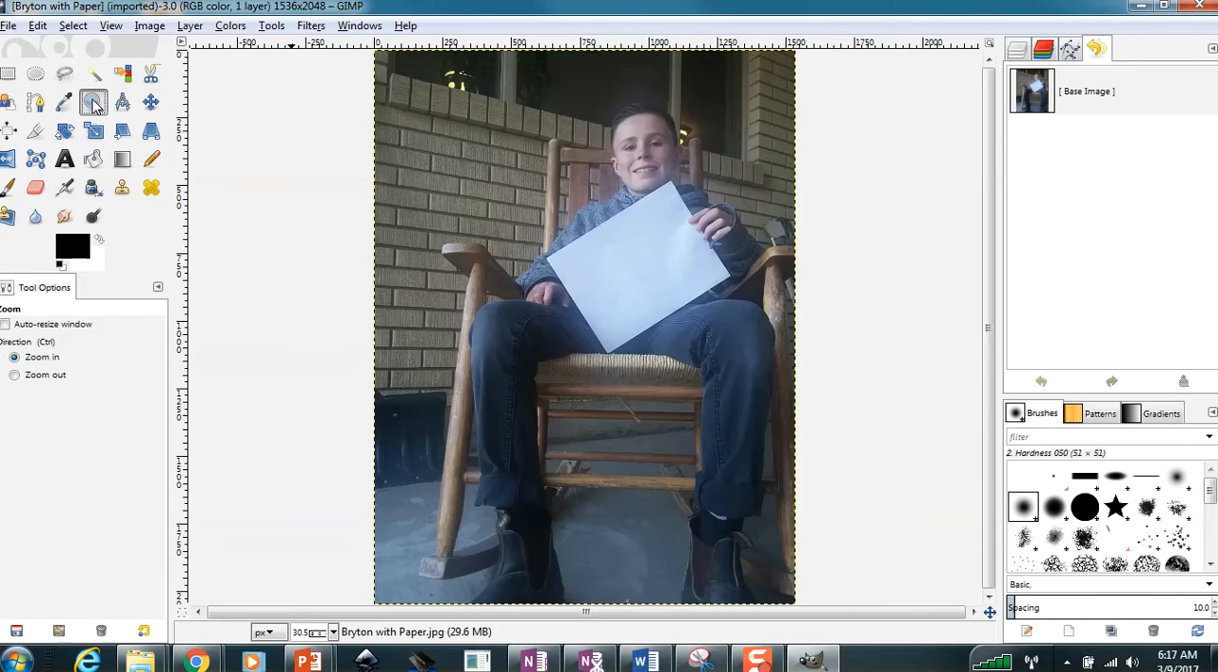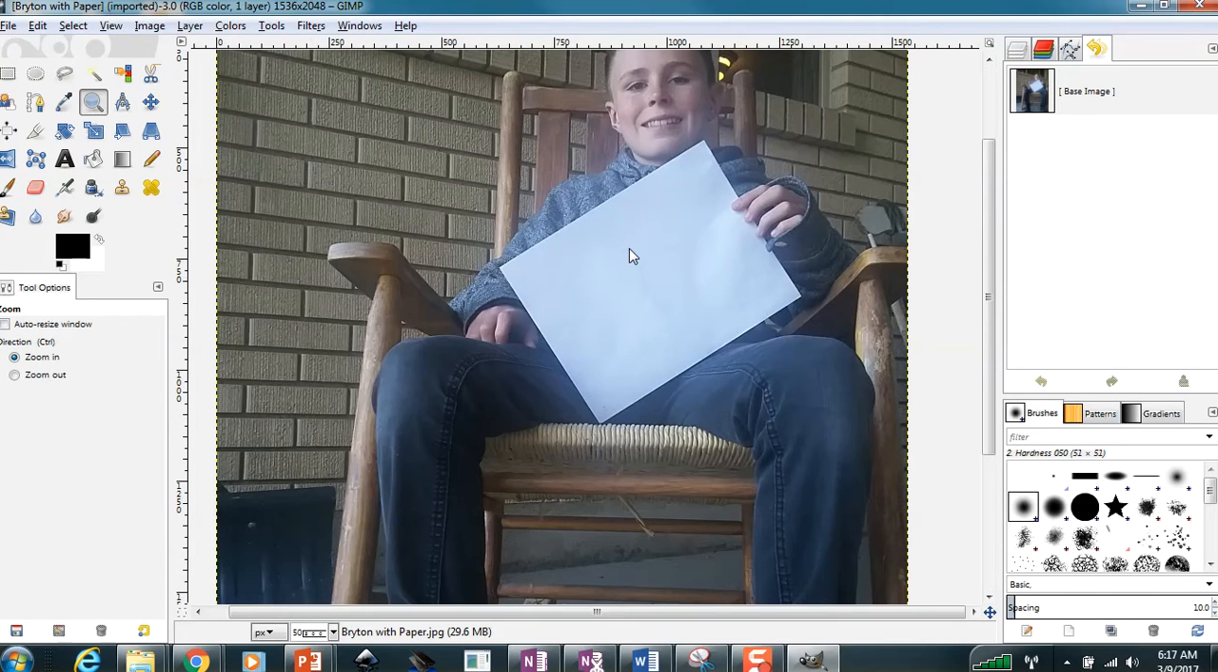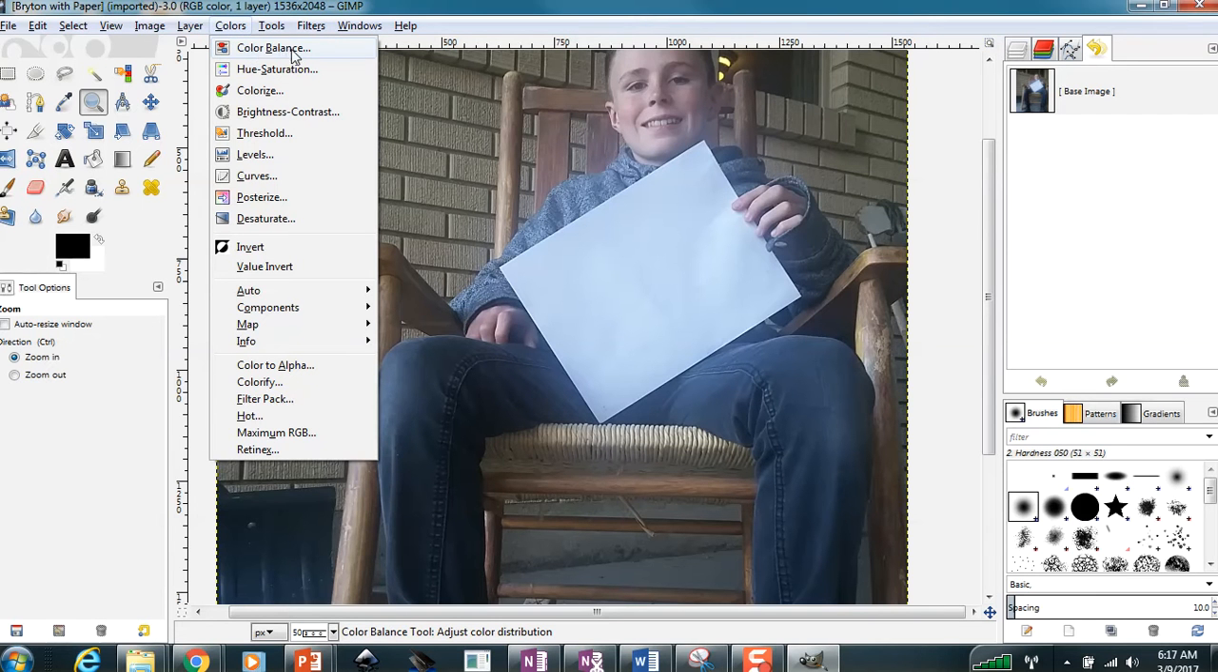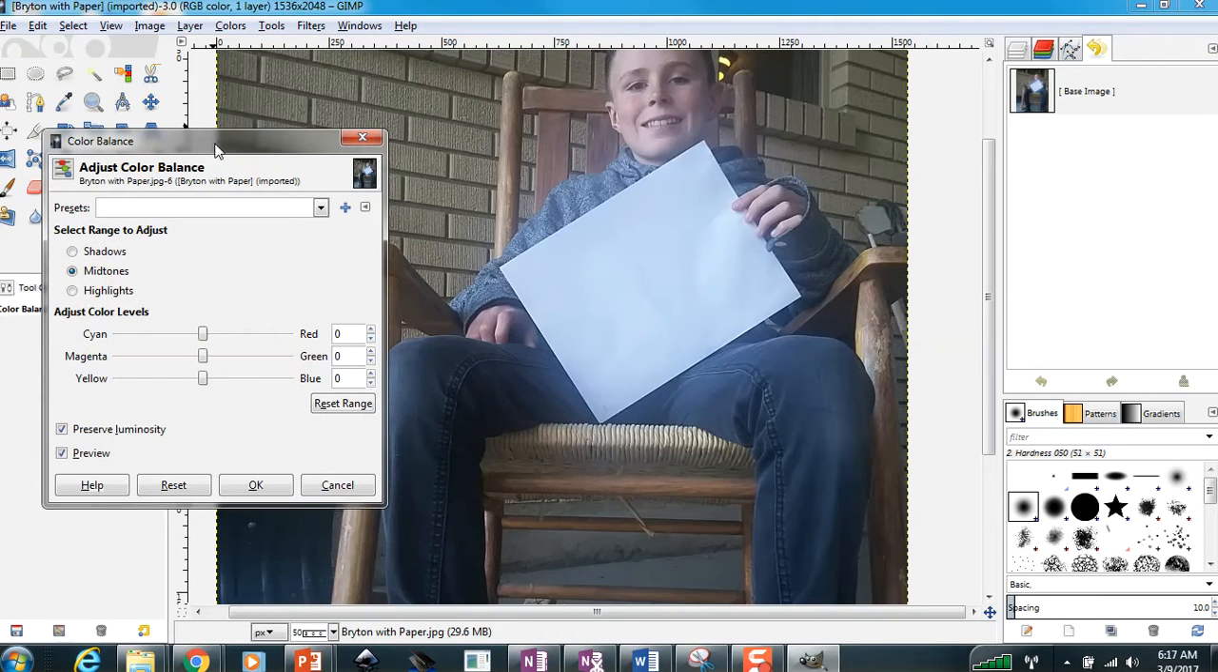This is your toolbox. I'm going to click on that, and it's set on zoom in, and I'm just going to zoom in a little bit. Now when I go to calibrate it, I can see the white paper, it's a little more dominant. So to calibrate, I'm going to Colors, and here's that color balance. Now there's all kinds of other color adjustments in here. There's hue and saturation, there's colorize, there's brightness and contrast, there's threshold, levels, posterize, desaturate. There's lots of fun stuff in there, and you are welcome to play around with those tools and see how they impact your photographs. For right now, we're just going to be looking at the color